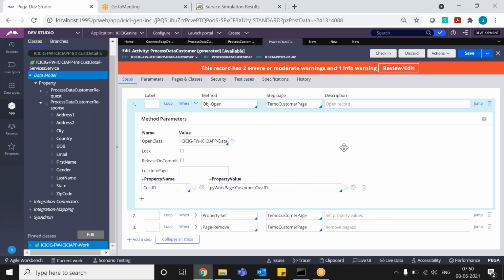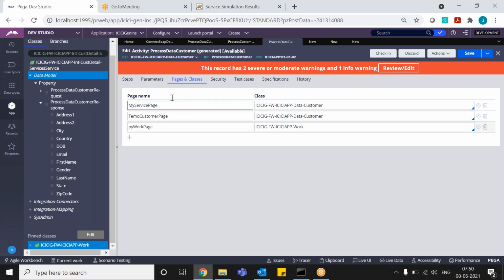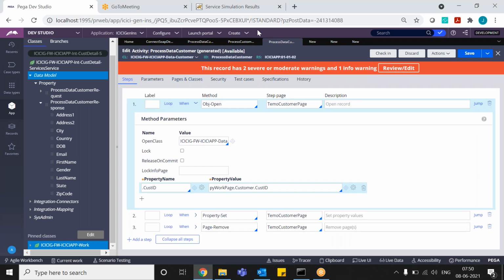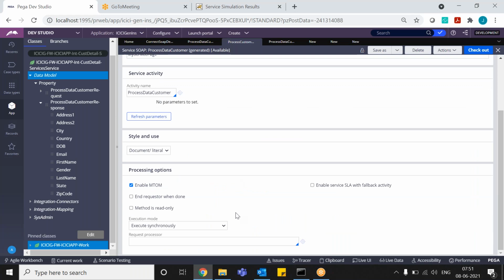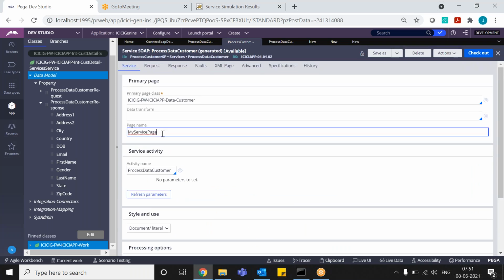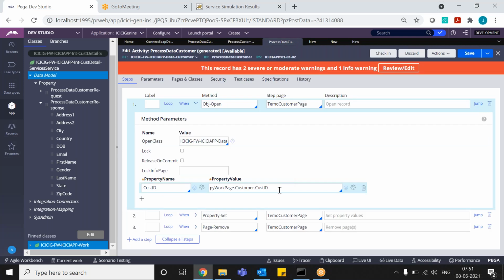Okay, in the service soap, you cannot use PY or page. You need to refer the service page name. Okay, if you open that service rule, open that soap service rule. This one, sir. This soap service, my service page. In the soap service, you need to refer through this page.